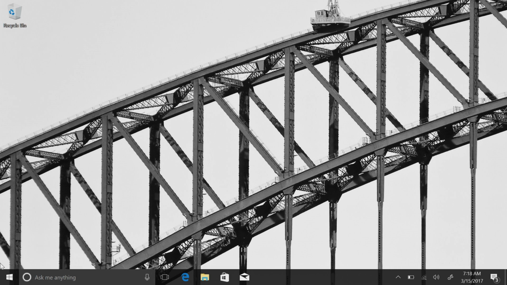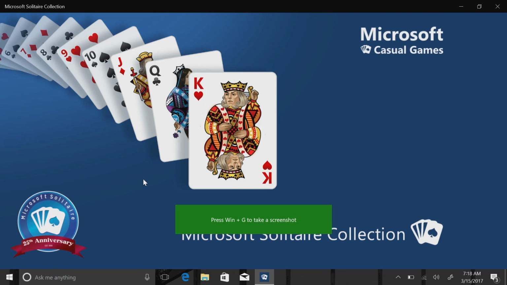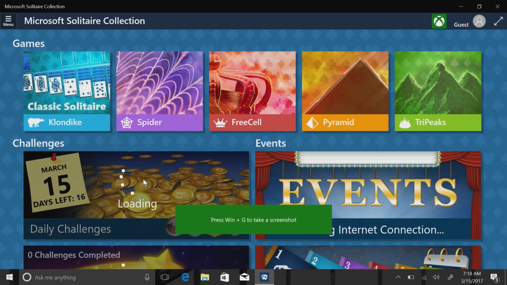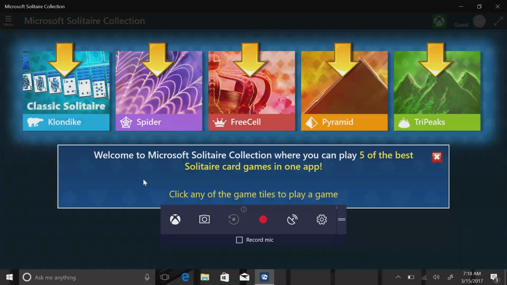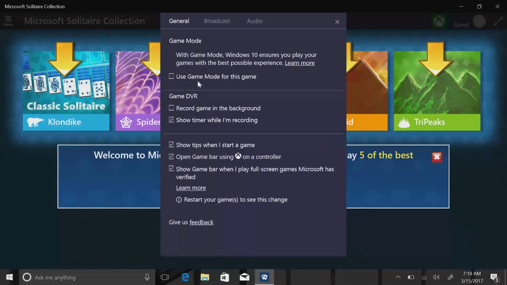Now, let's actually showcase the game mode stuff. If we launch a game here, Microsoft Solitaire, if you can call it a game, you see the Windows game bar is here, and if I press the Windows key and G, you'll see the options of all the gaming stuff. If I hit settings here, I can enable use game mode for this game, and now the system will make sure all of the available resources are pointed towards the game so it runs as best as it possibly